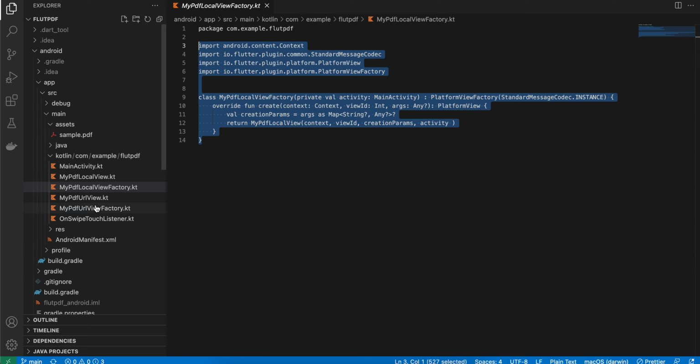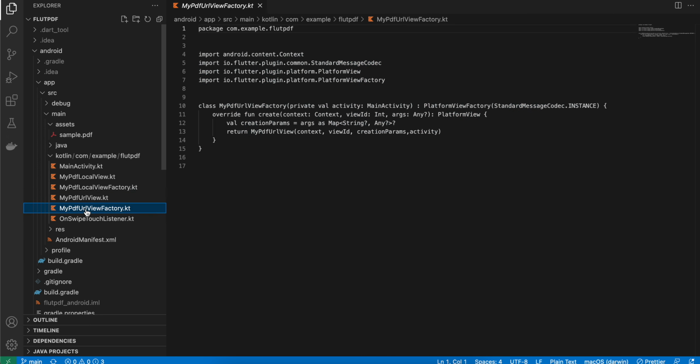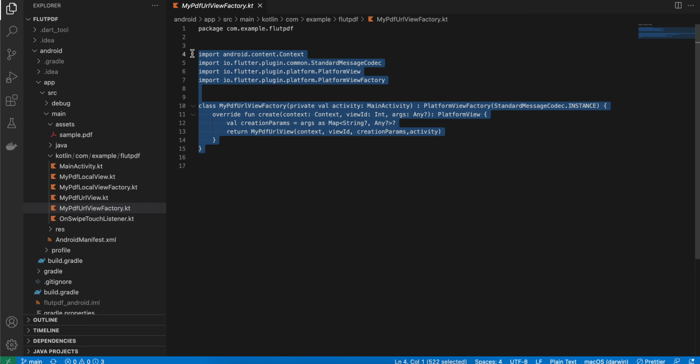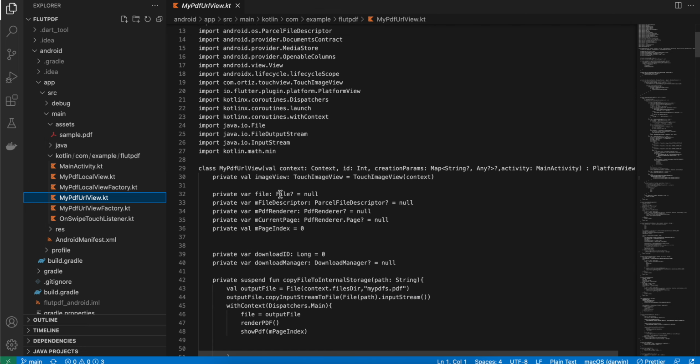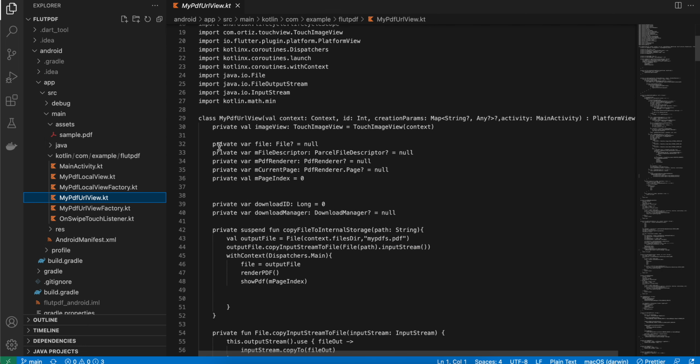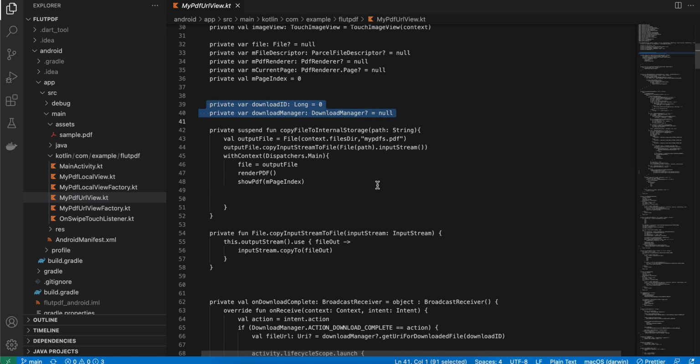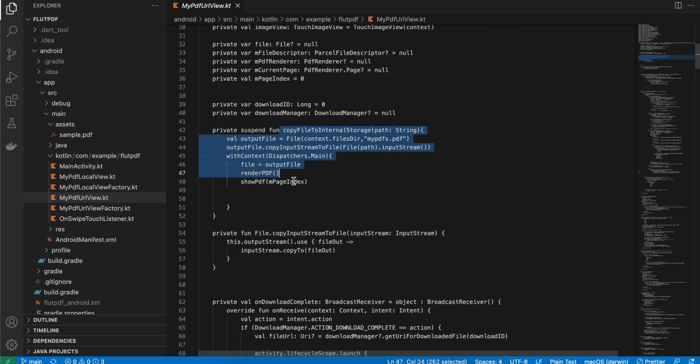Similarly, first I will show you my PDF URL view factory. Again, this is boilerplate code which we have to create for displaying PDF from a URL, and my PDF URL view is the same as my PDF local view. Most of the things are the same, but I'm using a download manager over here. So here you can see the exact code, and first I'm copying the file to internal storage